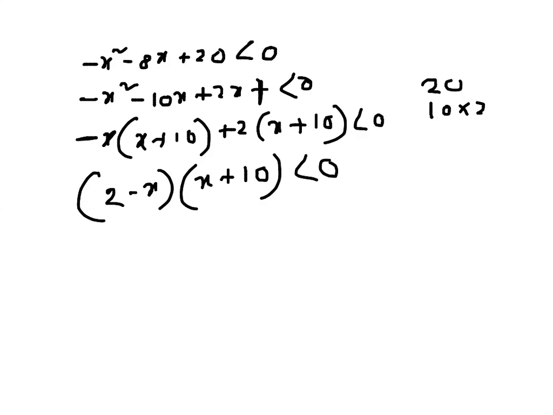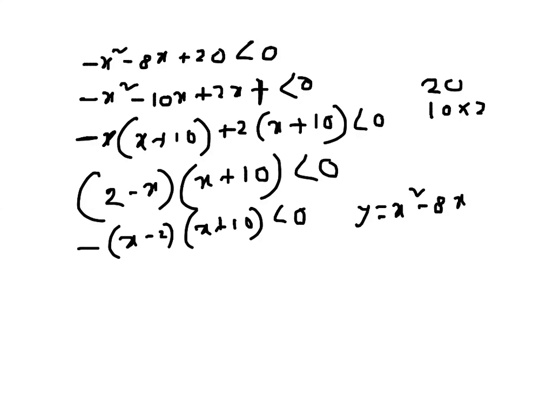less than 0, or what I can write x minus 2 times x plus 10. So now looking at this one, this x square has a negative coefficient. The coefficient is a minus 1. So if I assume that y is equal to negative x square, sorry, minus x square minus 8x plus 20. So then if I plot this one,